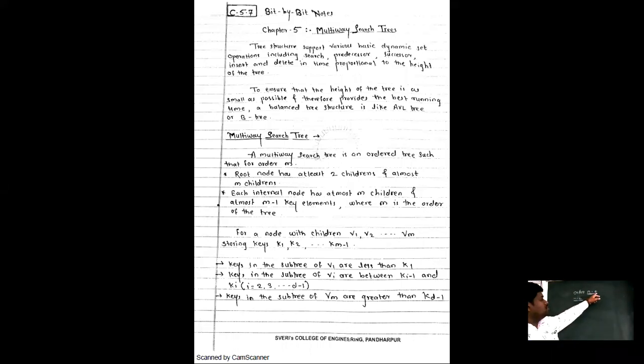So what is the value here? M divided by 2 is 2, which means minimum children. So at least you are able to consider 2, and maximum you are able to consider 4 for a single node, right? I have already given examples here. And each internal node has at most m children; the same rule is applicable for internal nodes also, right?